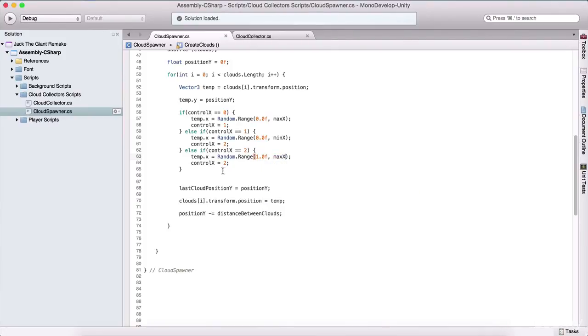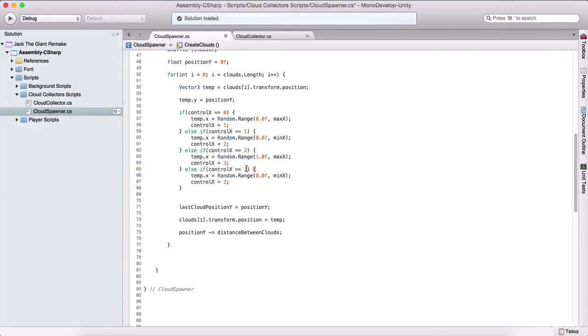And here I'm going to check if our control x is equal to 3. And I'm going to position our game object from negative 1.0 and our min x. And also here I'm going to set our control x to be equal to 0 again, so that next time our control x will be equal to 0, and this is what we are going to use to position our game object. Then it's going to be equal to 1, and this is what we are going to use, and so on and so forth. So each time we are positioning our game object using, for example, here between 0 and max x,